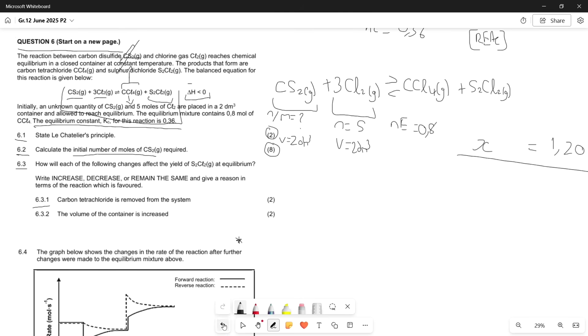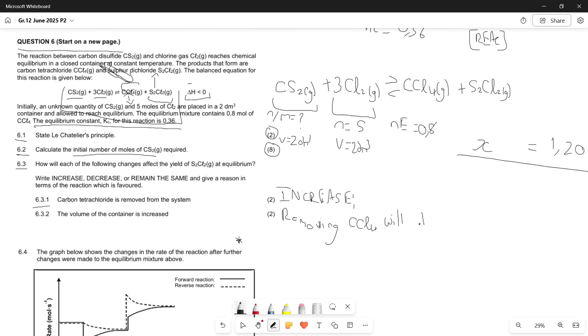But what they did say is that the carbon tetrachloride is removed from the system, i.e. it was decreased until it was gone, which means that if we were to decrease this, our seesaw is going up like that, which means it's going to fall down the slope and it's going to favor the forward reaction, which means that if our forward reaction is favored, considering this has been decreased or removed, therefore our S2Cl2 is going to increase. And the wording is removing